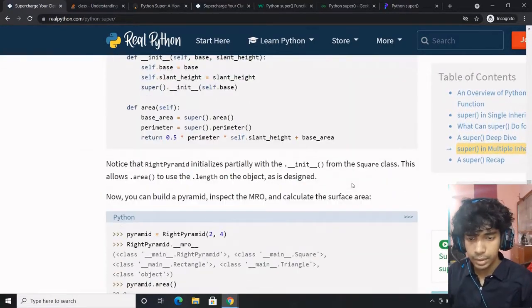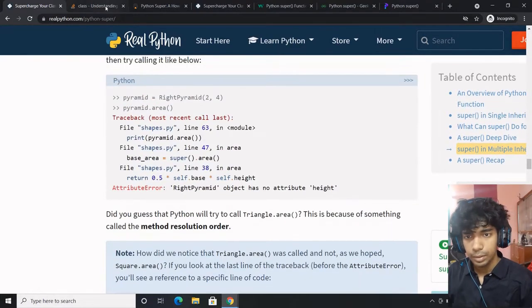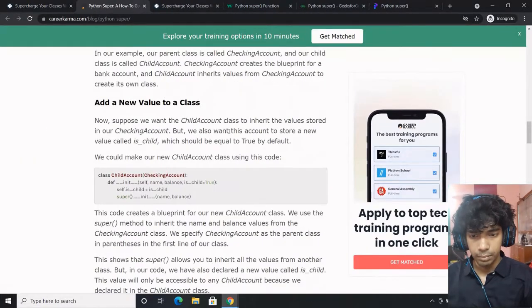So I think it's a bit more comprehensive. This is simple.